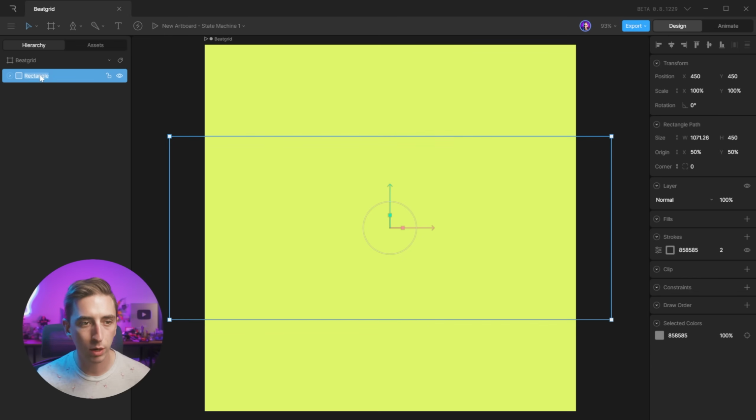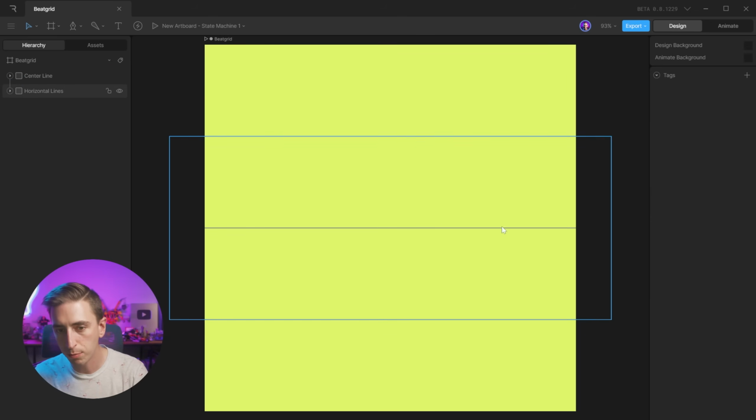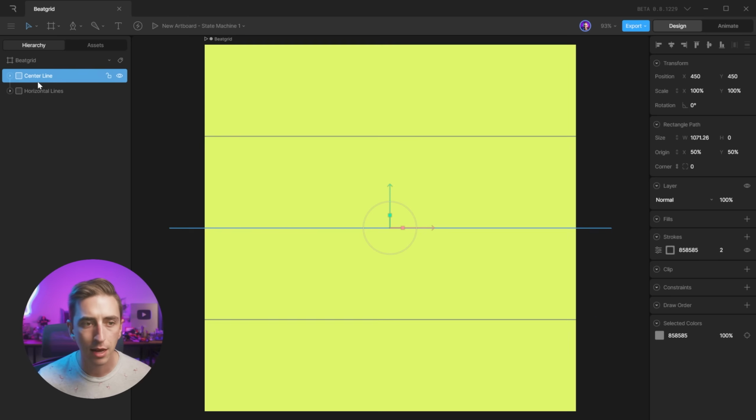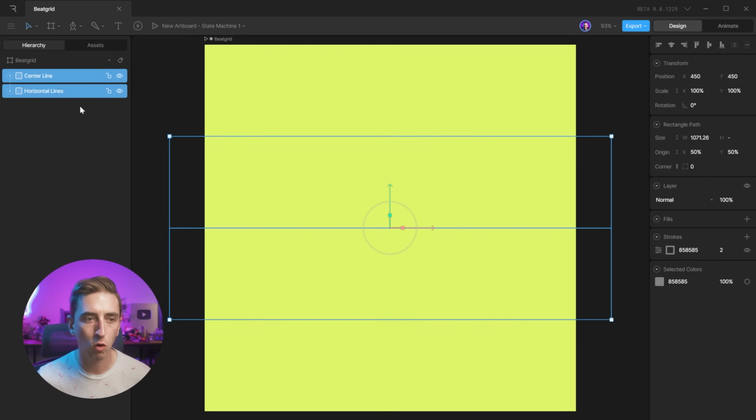And I'm going to rename it over here, horizontal lines, and then I'll just duplicate this shape with Control or Command D. I'll call this one center line, and I'll change the height to be 0. So I'm using a rectangle shape, but creating a line from it. So now I have my 3 horizontal lines, and let's go ahead and just group these together over in our